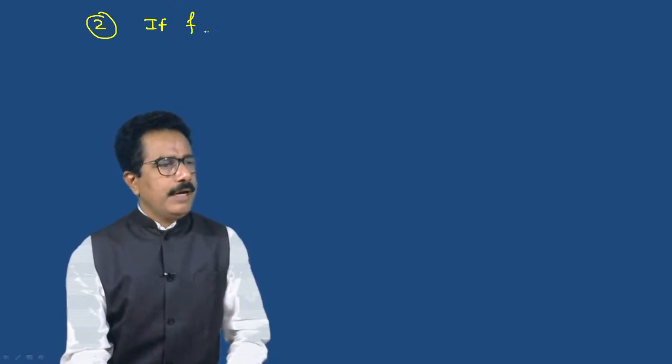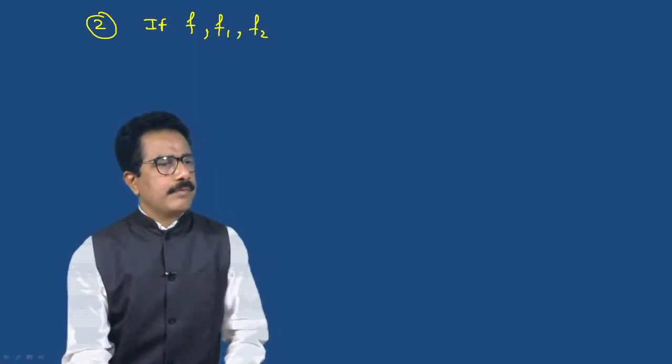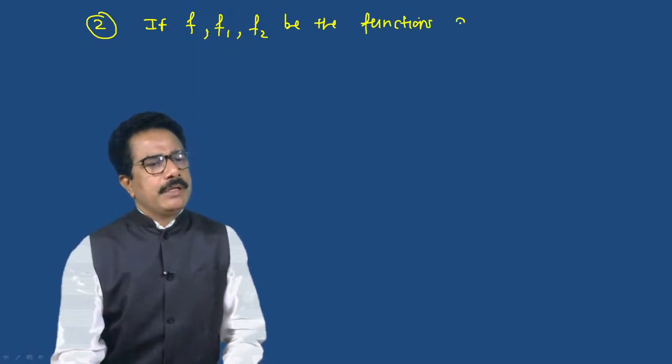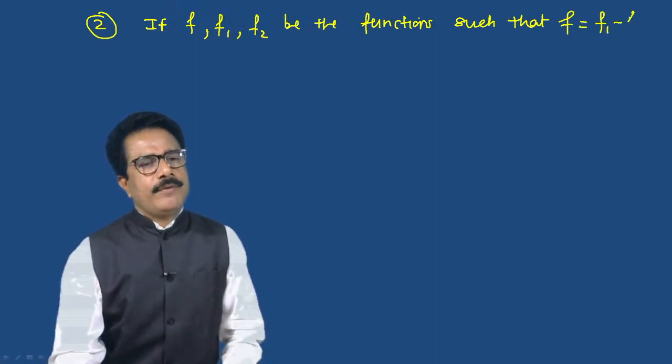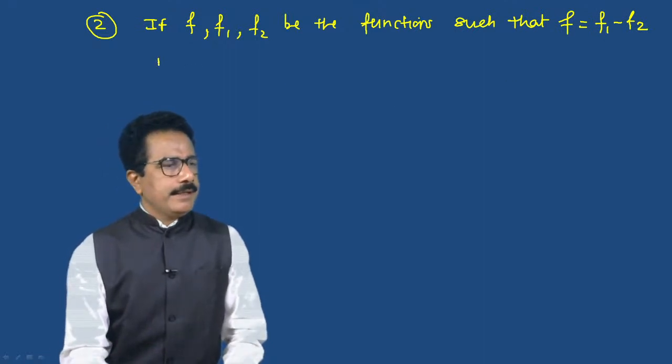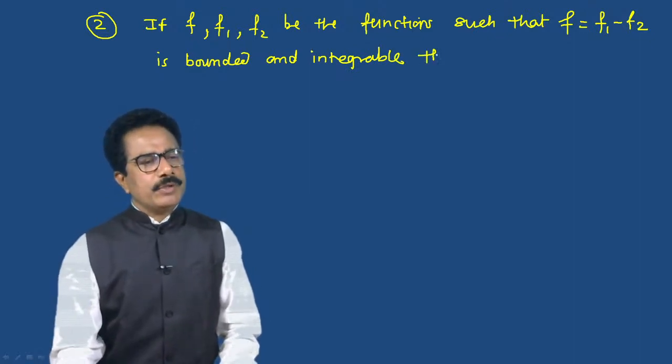So second theorem, if F, F1, F2 be the functions such that F is equals to F1 minus F2 is bounded and integrable. Bounded and integrable. Then prove that